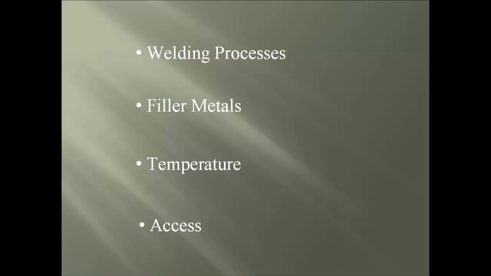And last item of this topic is the access, which covers items like tack welds that are not allowed except when used inside the weld joint for connecting the backup bar. Next is the removal of the backup bar, which is removed by air carbon arc cutting, plasma arc gouging, grinding, chipping, or thermal cutting processes. Another quick tip is the minimum fillet weld size, which is 5/16 of an inch when required after the backup bar has been removed, and the weld access shall have a radius not less than 3/8 of an inch.